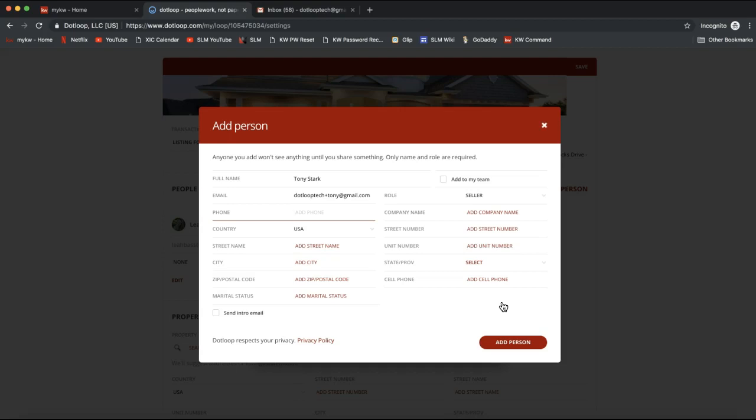Contact information. If you do choose to add this contact information in, it will autofill onto any form that requires that information, like the listing agreement, for example. All right, so you totally can add that in, but let's talk about this add to my team feature on the top right here. Okay, so if you are adding a client, and first of all, if you're taking notes